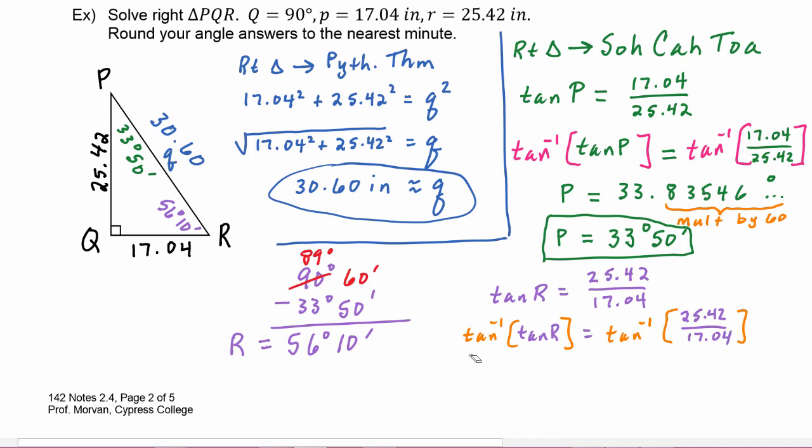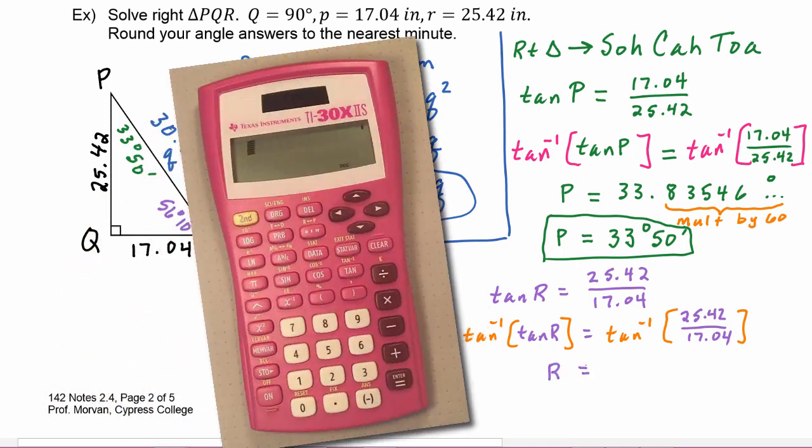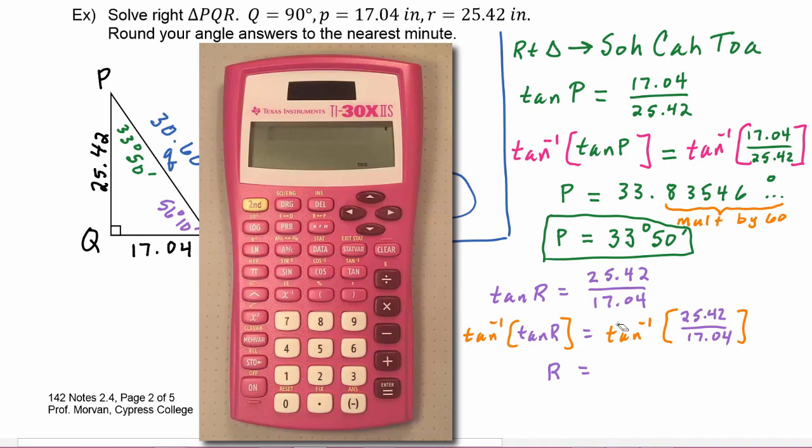We know the tangent inverse of the tangent of R becomes R. To do the right-hand side, we're going to need to do the calculation. So we hit second, get the tangent inverse, 25.42 divided by 17.04, close the parenthesis, hit enter, and we get